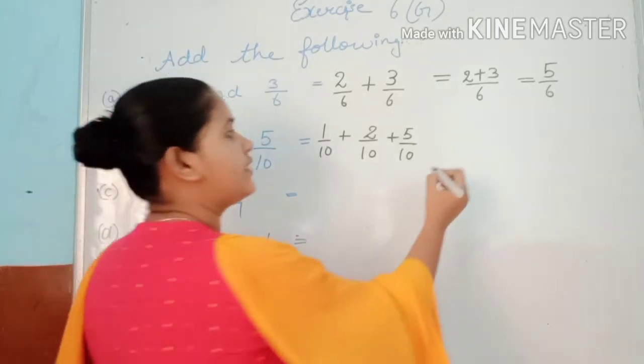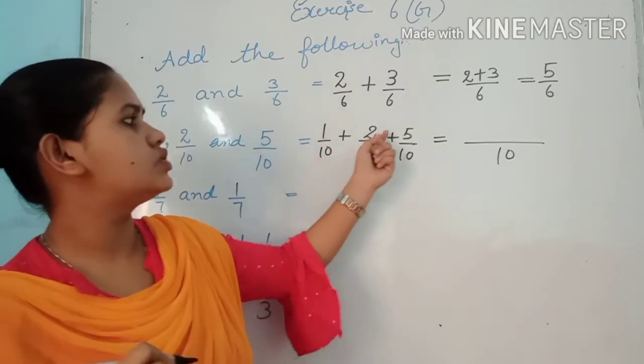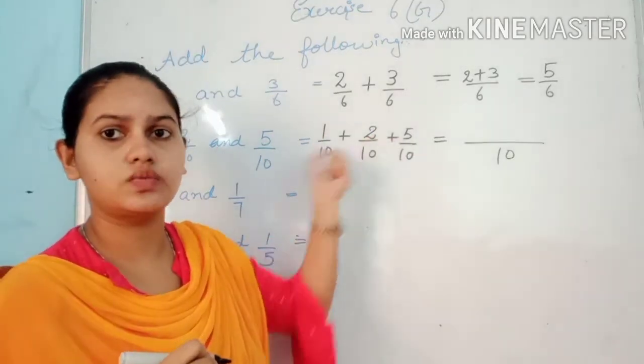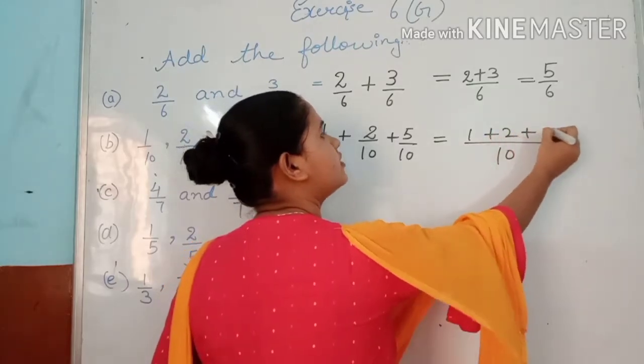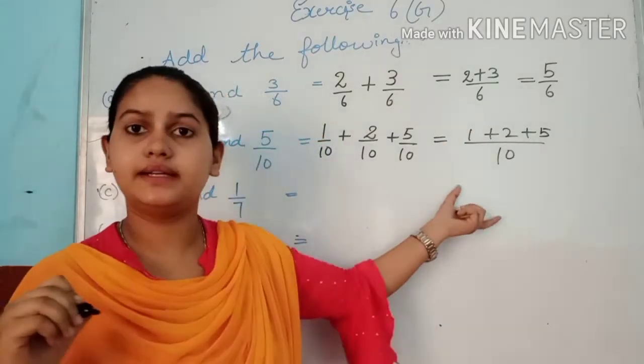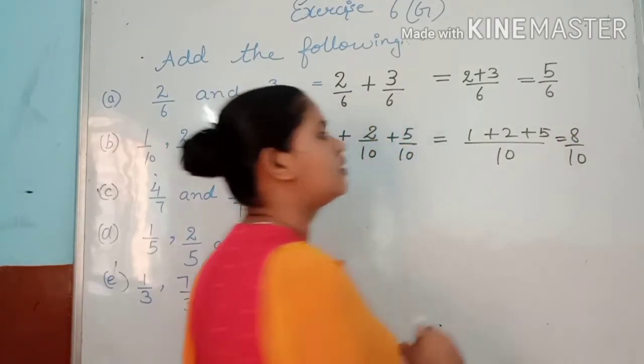So I will take 10 here, and the numerators are 1, 2 and 5. We will add 1 plus 2 plus 5, it becomes 8. The answer will be